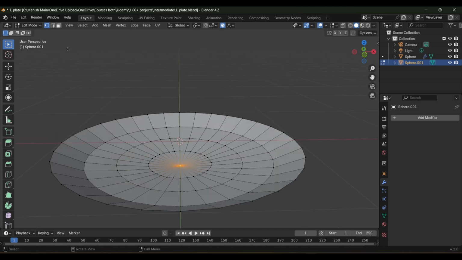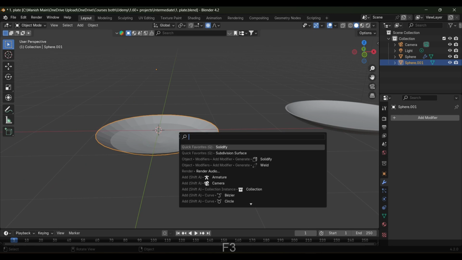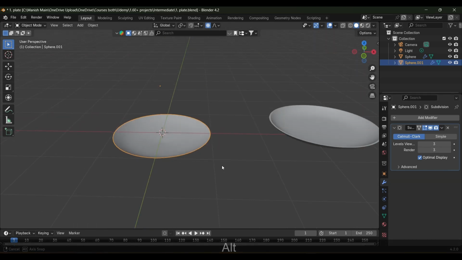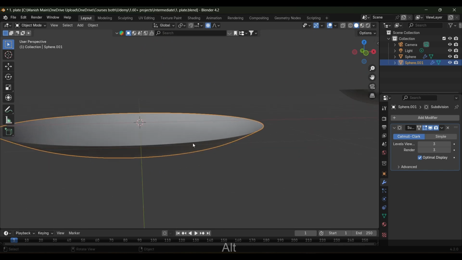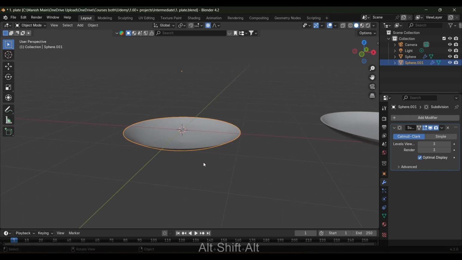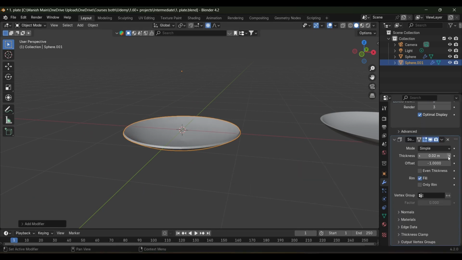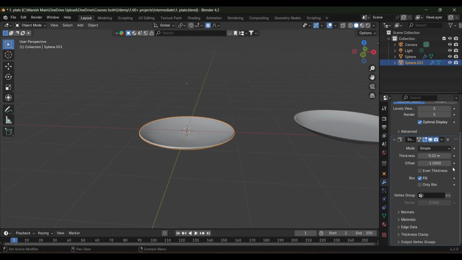So let's go to object mode and add a subdivision modifier to make it smooth. Press F3 and add the subdivision modifier. Go to the modifier tab and increase its levels to 3 or 4. Now it is smooth, but you can see that this plate doesn't have any thickness. For adding thickness, press F3 and add a solidify modifier and increase its thickness, not so much, like this. And I want outer thickness, so